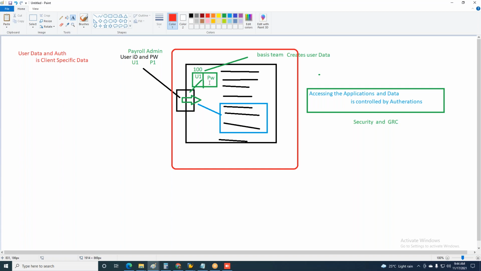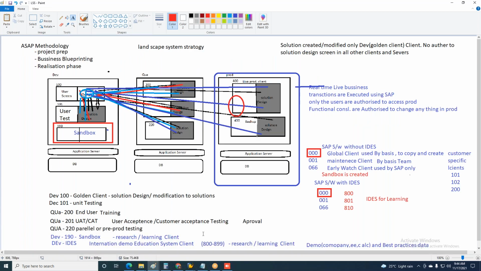Sir, I have downloaded and extracted it, sir. Okay. I'll take that. I'll show you that in a few minutes. Okay, sir. This I'll share on WhatsApp. Otherwise,